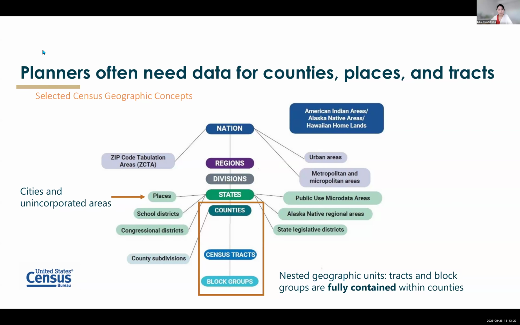You don't see a solid line connecting places to counties or census tracts or block groups, not even counties. That means these are not nested geographies. So a census tract could span multiple places, or multiple cities or multiple incorporated areas. And in some cases, a city can span multiple counties. One example would be New York City, which spans 5 different counties.